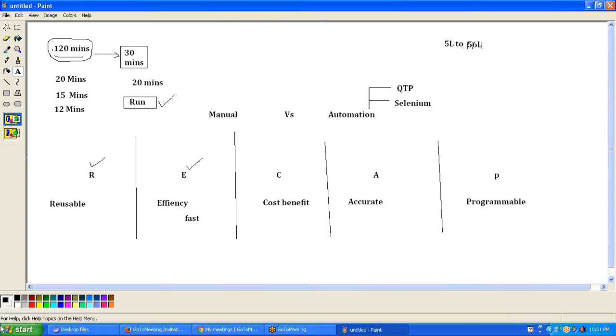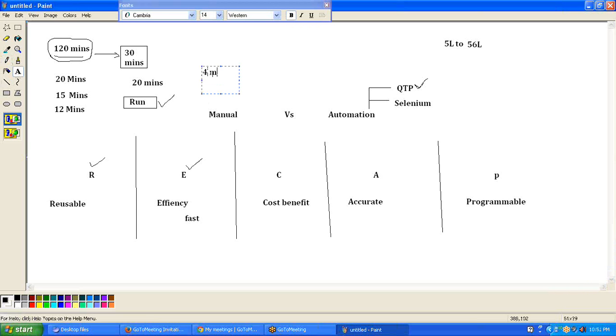Okay, so if you go with the highest amount, like 56 lakhs, it's very huge. So if I buy an automation tool, that is QTP, with 56 lakhs, okay, in manual I'm not paying anything. Now how can automation be a cost benefit? Do you have any answer to tell? I think you can reduce the number of people who will need to do the manual testing. Exactly, yeah, exactly. So suppose I have a project, it's supposed to complete in 4 months,